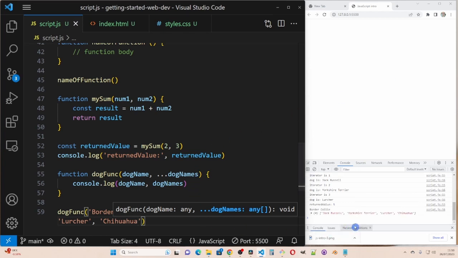We have dog name is Jack Russell and the dog names Yorkshire Terrier, Lurcher and